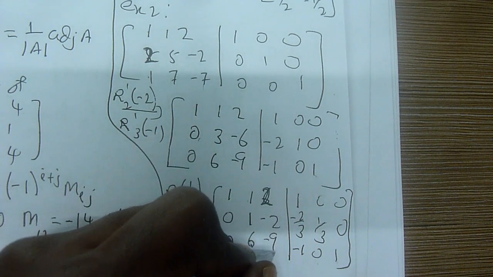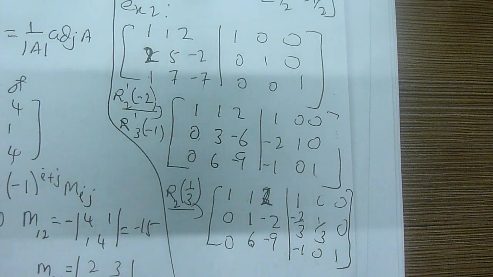The third one, you need to make it this one 1 and this 2 0. Okay, you see how I am doing? I'll make it a little bit faster. Okay, R